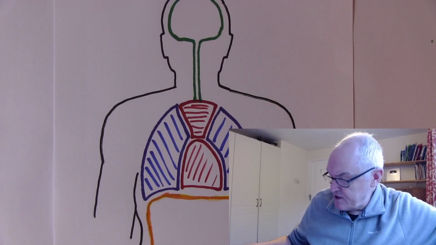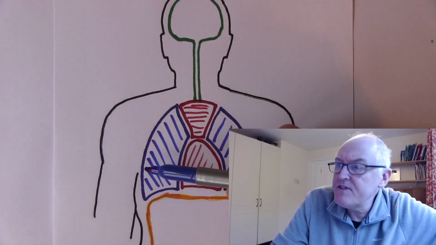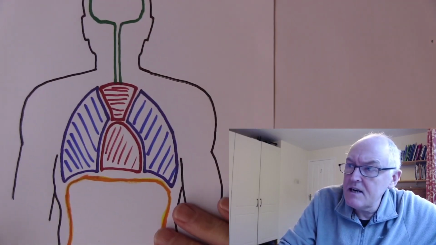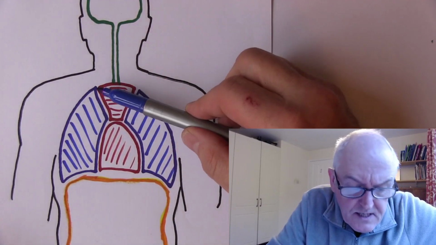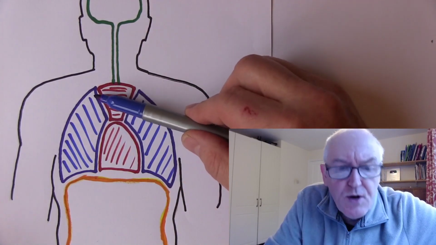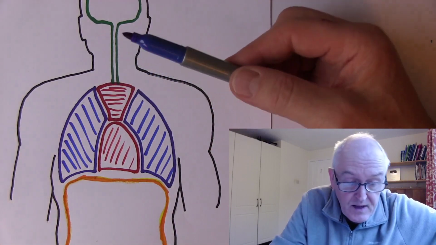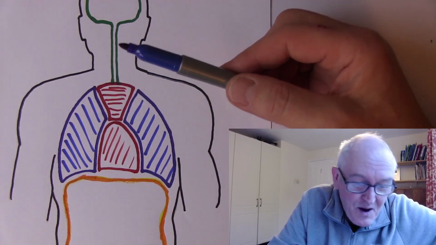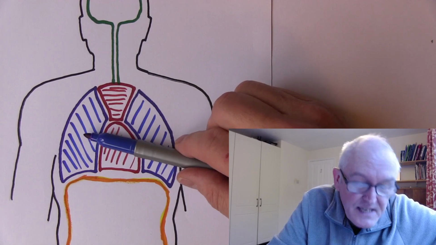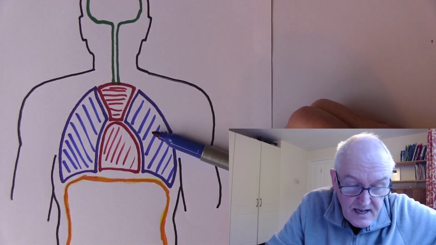But we notice I've drawn two colours here. So we have in blue, these are the lung fields. These are the pleural cavities, and these are surrounded by the pleural membranes. And we notice that each lung really is in its own little cavity. Well, not that little, the lungs are quite big. So we have the right pleural cavity and the left pleural cavity there.